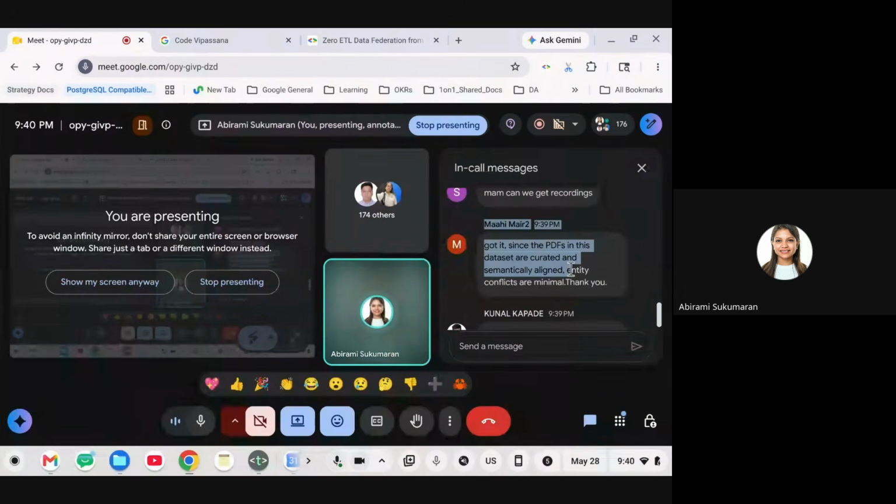Mahi, I have tried it with other PDFs. These PDFs are curated for the demo, not this demo, but other demos, but you can try with other PDFs too. The PDFs are not curated to be semantically aligned. I mean, they were, because we want to talk about the story, right? Why would I put in an edtech PDF and then talk about Froyo on the other hand? That's not how a business operates. If your business is running with that kind of information, then you're probably doing something wrong.